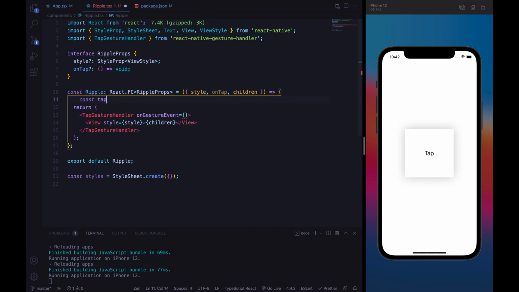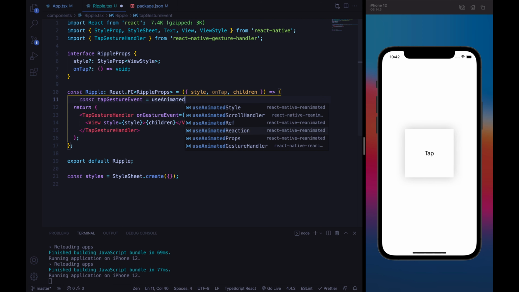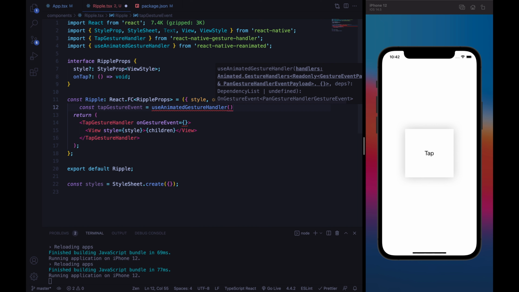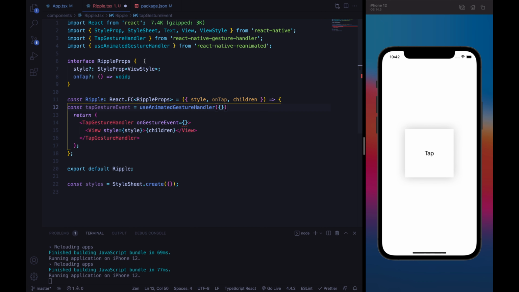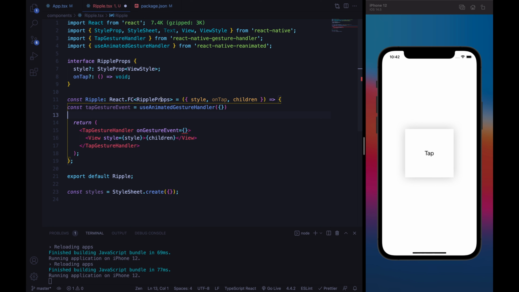So let's create a TapGesture event, and let's assign it to the useAnimatedGestureHandler hook. This hook is provided by Reanimated, and it is made for a lot of different use cases. Basically, you can use the useAnimatedGestureHandler hook in order to handle, for instance, the pinch gesture, the tap gesture,